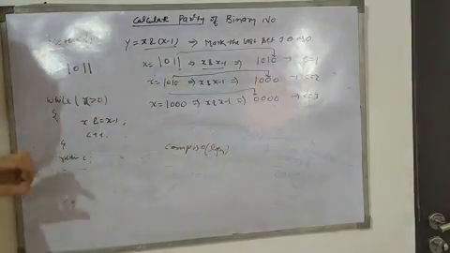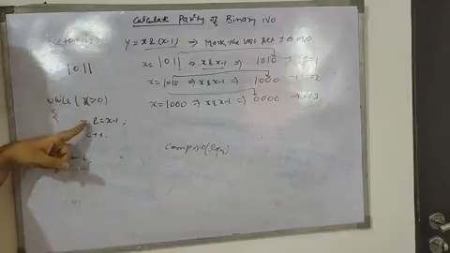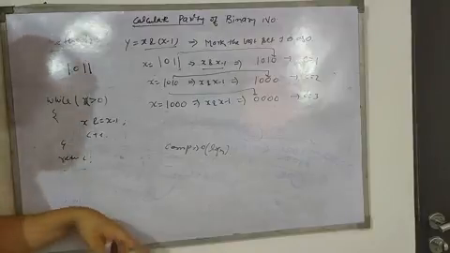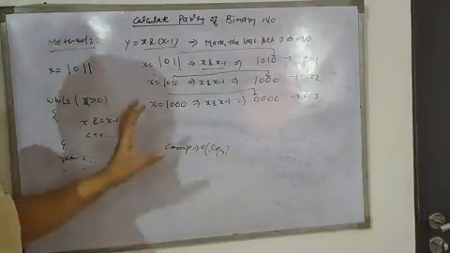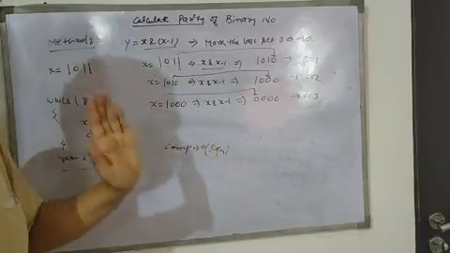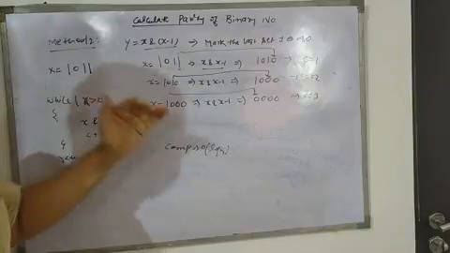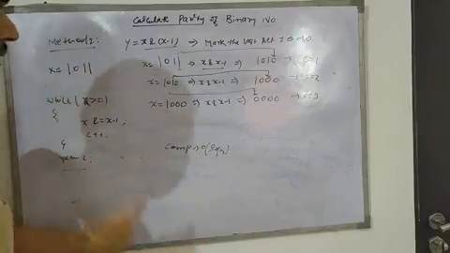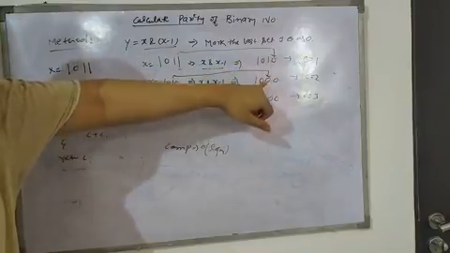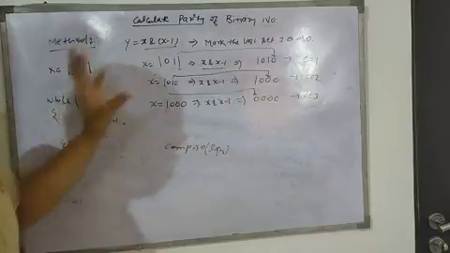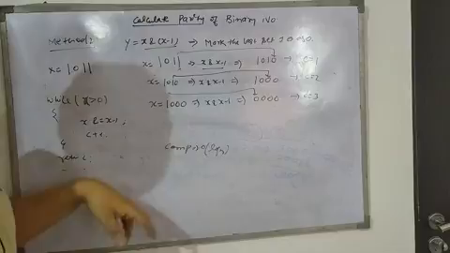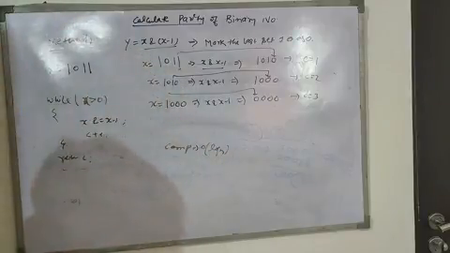So this is the code. While x is greater than 0, we calculate x AND x minus 1 and increment c. The complexity for this algorithm is order of log n, because we are not using the mask and we are not iterating over all the digits. Every time we are incrementing by a constant value. Here we shifted by 1, here by 2, here by 3. So every time your loop is going to increment by a constant value. That's why the complexity of this algorithm is log n.